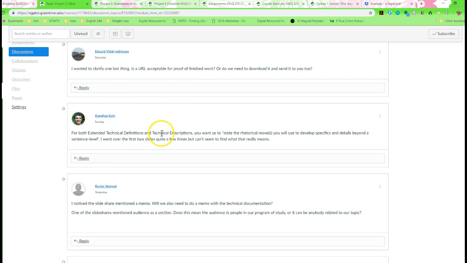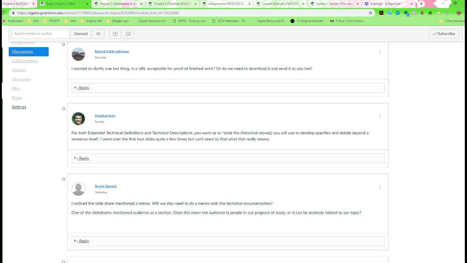For both extended technical definitions and technical descriptions, you want us to state the rhetorical moves you will use to develop specifics and details beyond sentence level. I went over the first 2 slides quite a few times, but I can't seem to find what that really means. Okay, so what I mean by that is I actually just went over that. Gosh, I'm sorry, words are escaping me. What I mean by that is